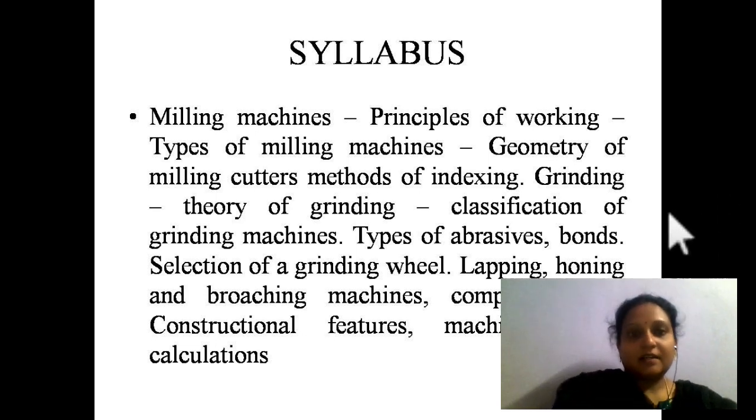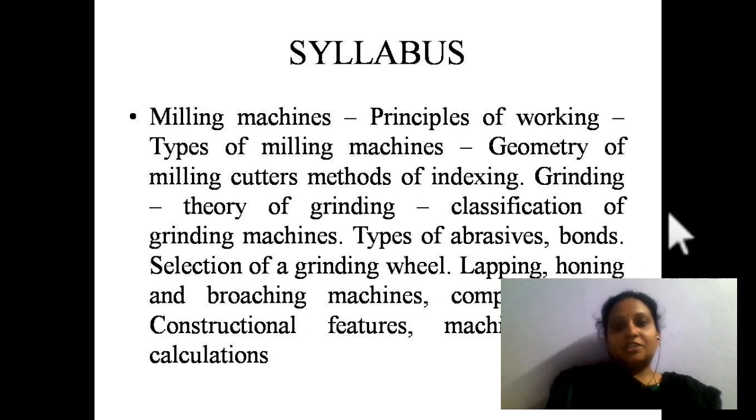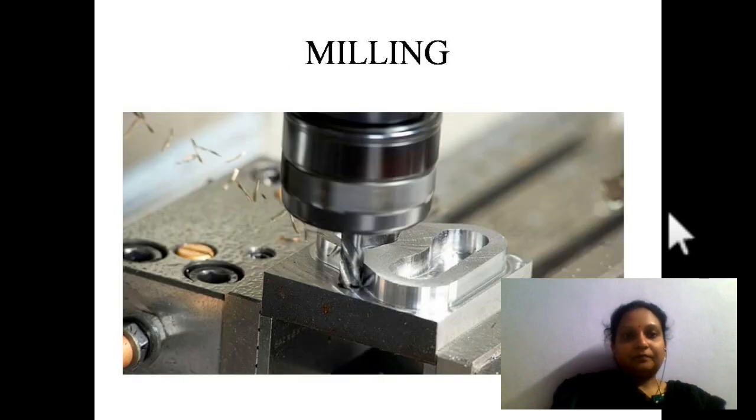So now, in today's class, let us look at the definition of what is milling and what is grinding, and let us learn about different types of milling machines. So this is milling. Milling is an operation where you have a multi-point rotating tool to perform the given operation or to remove the unwanted material. Generally, milling is performed on flat components, but it's not mandatory that it should always be flat. Sometimes you can also go for milling over cylindrical components.